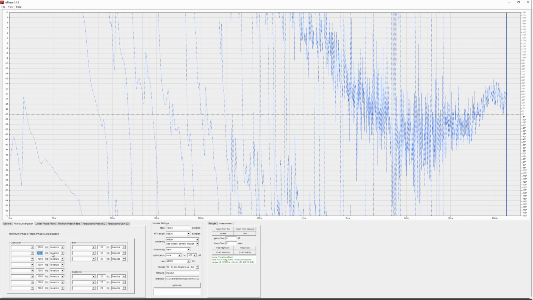This measurement belongs to a 3-way Focal Chora 2 floor standing speaker. It is a 4th order, 4th degree crossover at 2700 Hz, which divides the audio signals between the mid-range driver and the tweeter. Thanks to a lab test report by Stereophile magazine, I know this is a Linkwitz-Riley 4th order crossover filter. So we need to apply 4 times 6, 24 dB per octave correction.